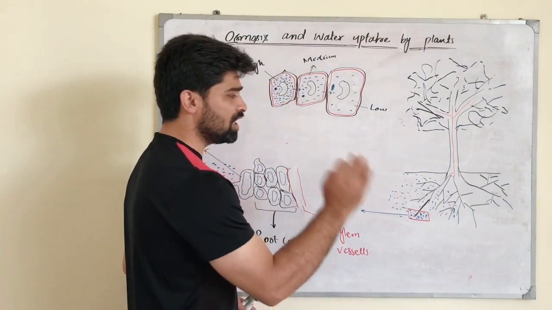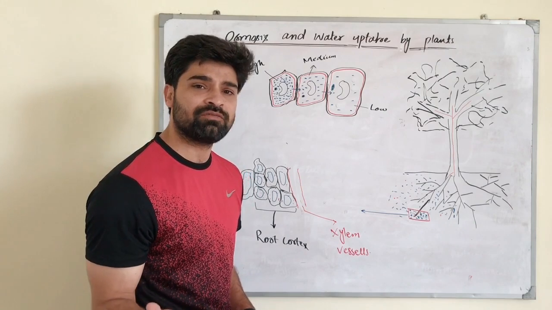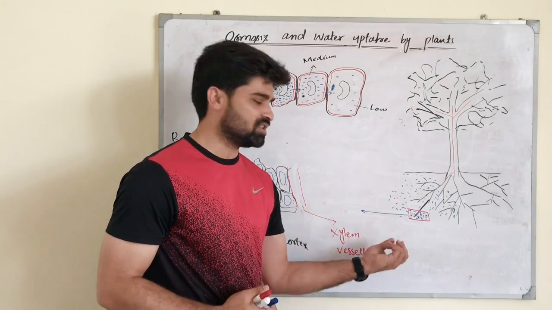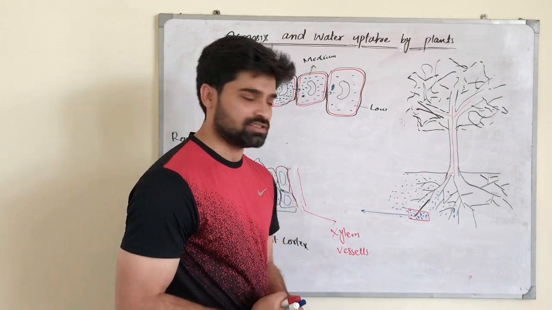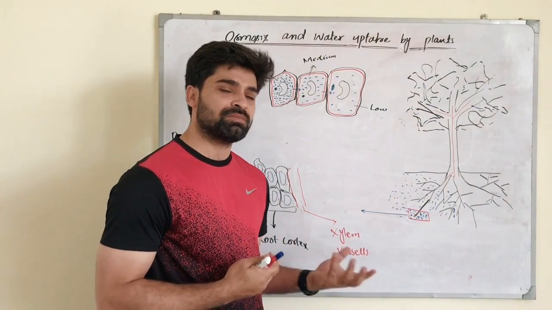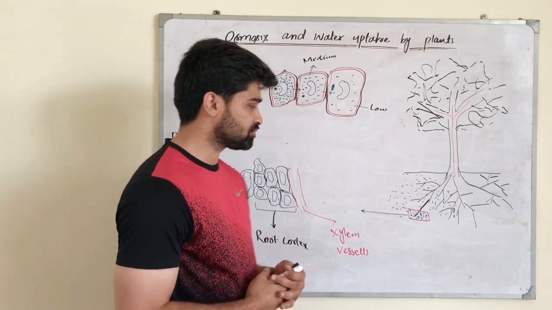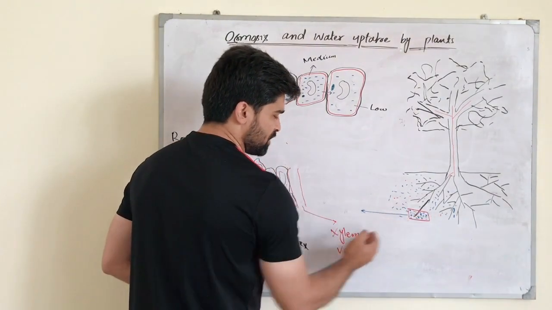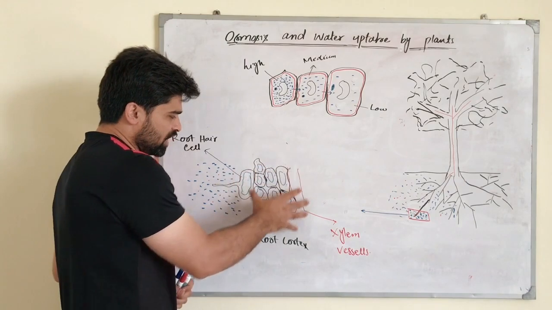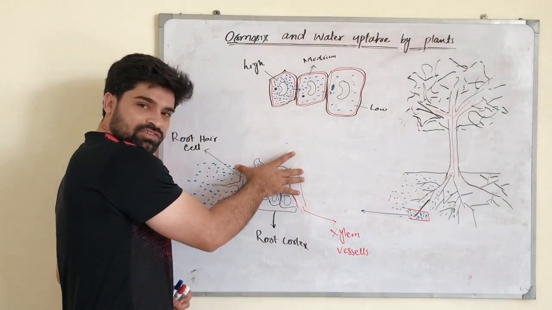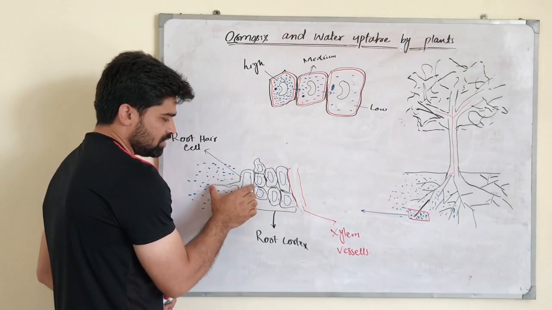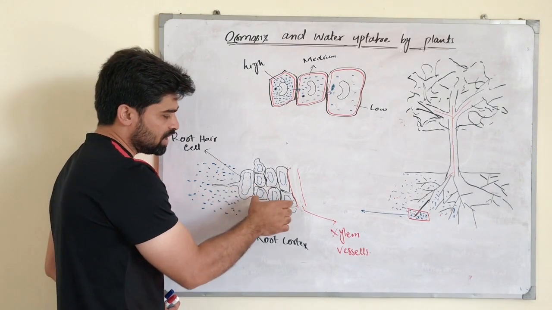water. And my dear students, in our previous lessons we have discussed that on the roots there are tiny hair-like structures called root hair cells, and these root hair cells basically play the main role in the absorption of the water. So I have magnified only this portion for you, that over here, that overall part is a root, and only a single cell is the root hair cell of that root, and